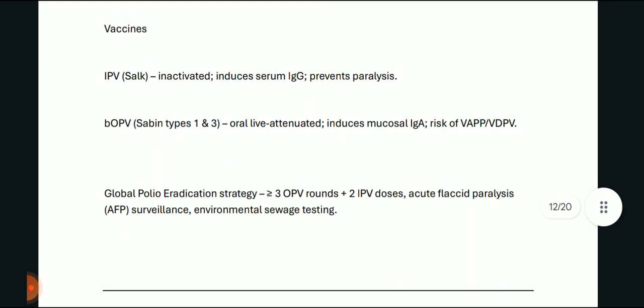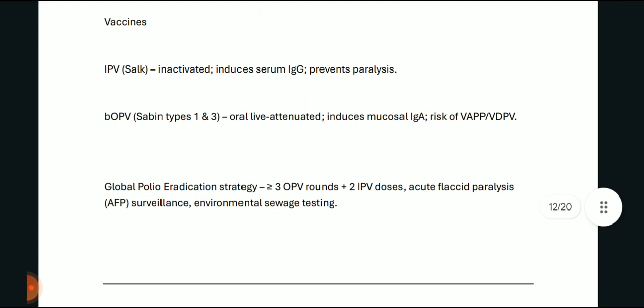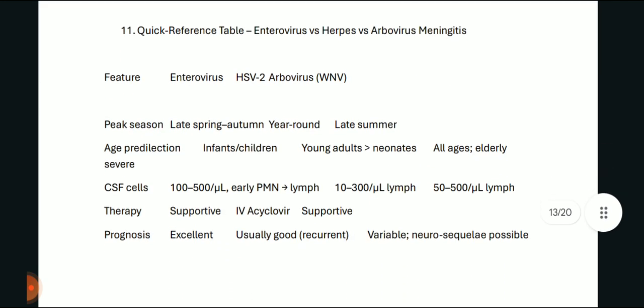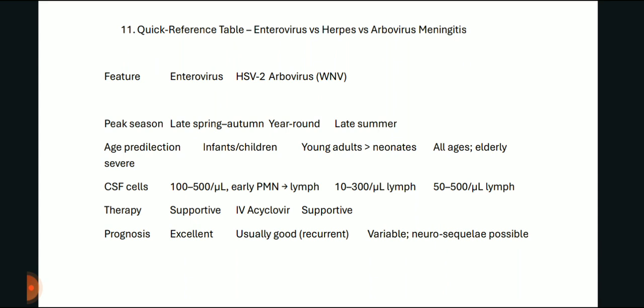Okay, now the global polio eradication strategy involves at least 3 OPV rounds plus 2 IPV doses, and acute flaccid paralysis surveillance is there, and environmental sewage testing is there, to check whether somebody is passing the polio virus in the stool or not. Now there is a comparison between the